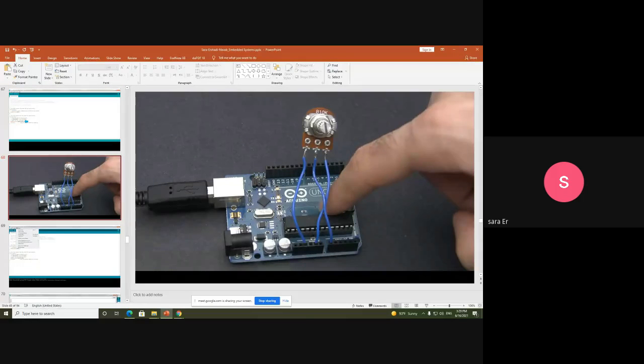For example, here is another IC, a resonator, an oscillator, different peripheral ICs, different capacitors, connections. The PCB of the Arduino is open source.